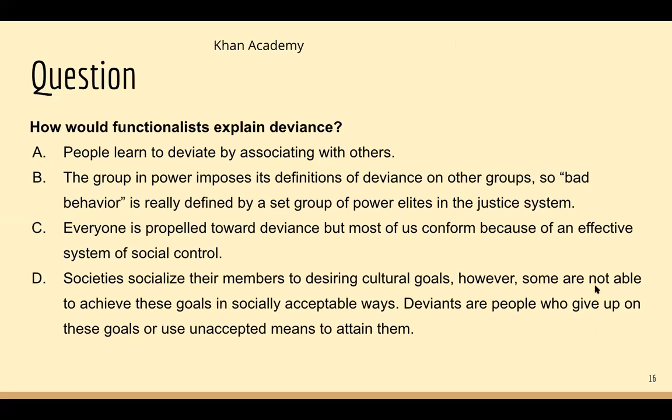I'm gonna stop it now. So almost everyone picked D. One of you picked B, and so this is actually a pretty easy fix. B says group in power imposes its definition, and that's almost always a straight giveaway that that's conflict theory. So when there's two competing groups or a group of elite and regular people, that's a giveaway